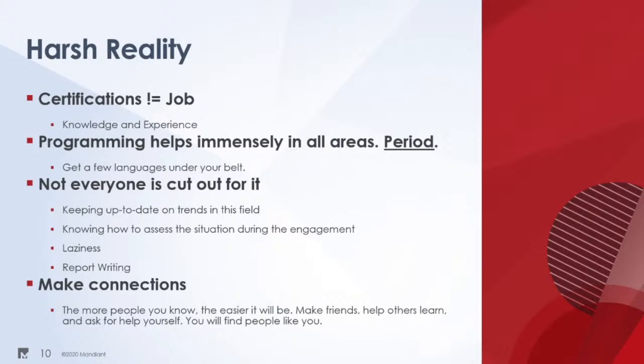Programming helps in every single area of penetration testing, red teaming, and a lot of other places as well, including IR. And that is because not only does it allow you to read code and make exploitation code, exploit code, it helps you think. Programming really does help you think outside the box.